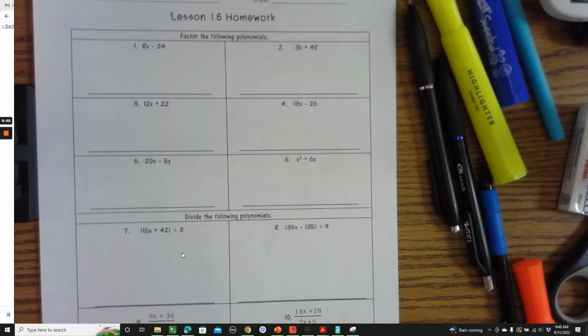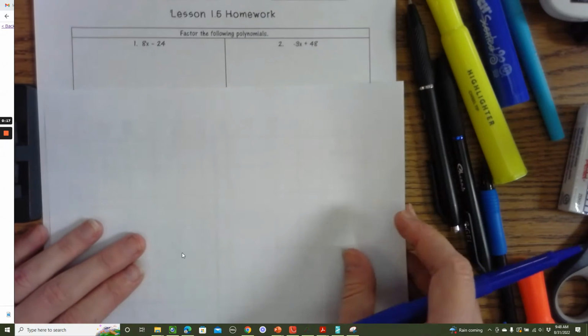All right, so this video is for lesson 1.5 homework. So the first part of this is important. We're factoring, and we're going to use factoring later on. What it is, it's like reverse distributive property. So number one,